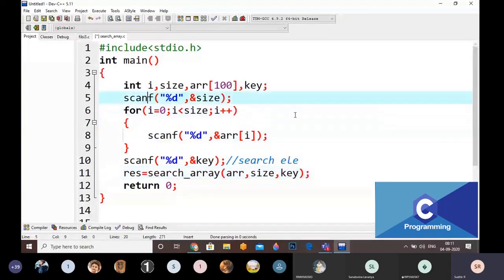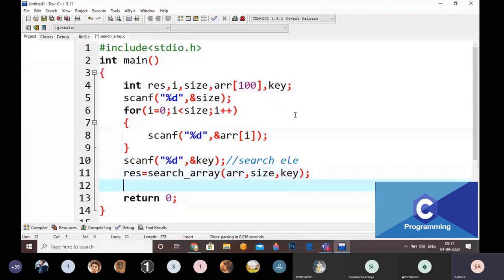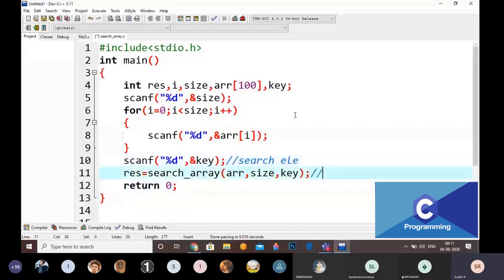I am going to find. I am going to mention here result is equal to the function, and what is the result here? The result is 1 or 0. If it is 1, yes, the search element is found, and 0, the search element is not found.